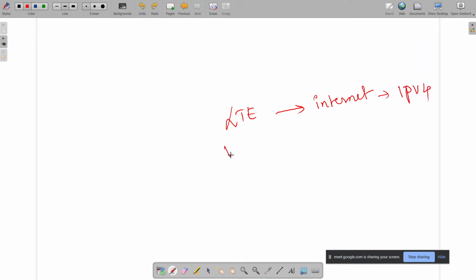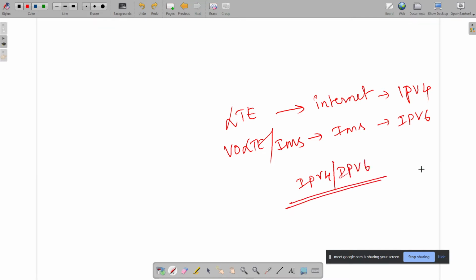For VoLTE IMS APN, this is IPv6, or else sometimes both can be used, IPv4 and IPv6 combined.